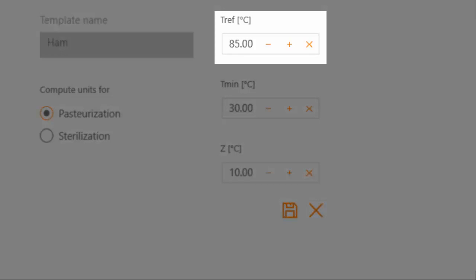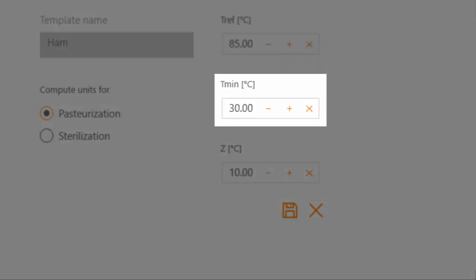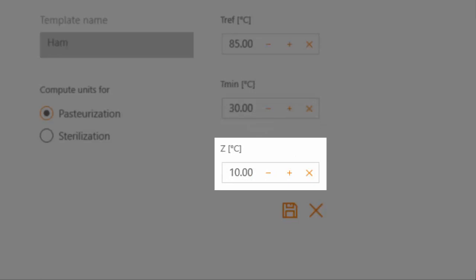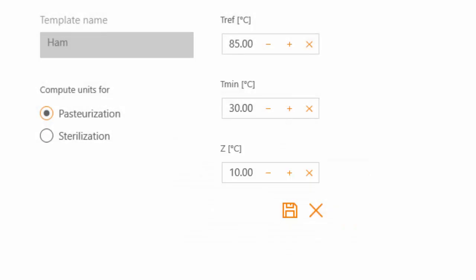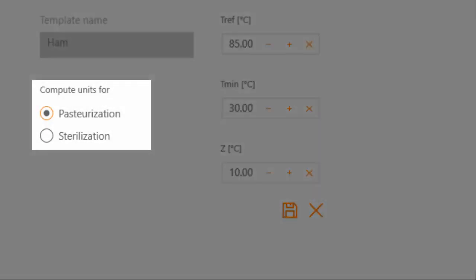Tref refers to the reference temperature. Tmin is the minimum temperature, that is, the temperature below which there is no contribution to the process. NZ indicates the temperature variation required to reduce the bacteria count by a factor of 10. Based on these values, ExpressThermo will compute the number of pasteurization units, PU, or sterilization units, F0, depending of your